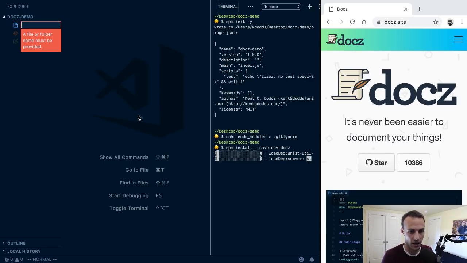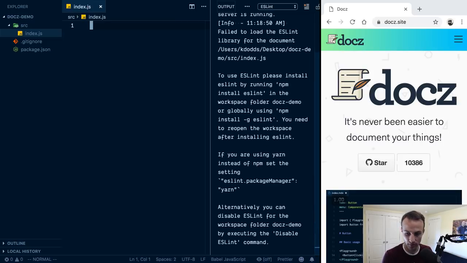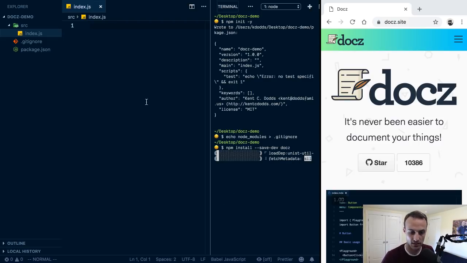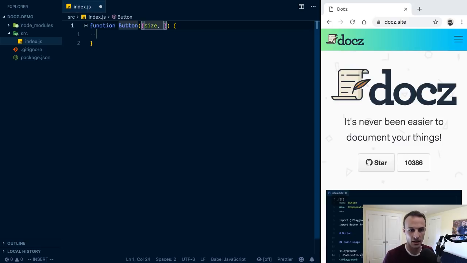So while that's happening, I'm going to add a new file. Normally in my projects, I have a source directory, and that's where I have my index.js or whatever. So in my projects, I normally will have an index.js in the source directory, and we'll say that we're making a button. So here I've got my button, and this is going to take a size and a variant, so the color, primary, secondary, whatever, and we'll return